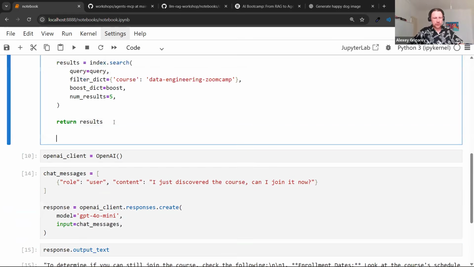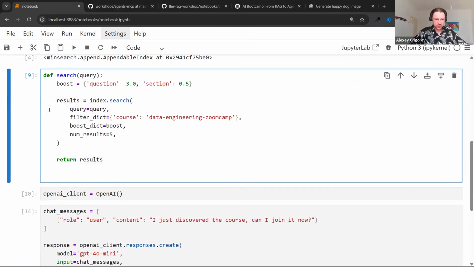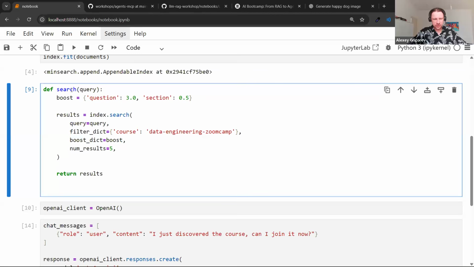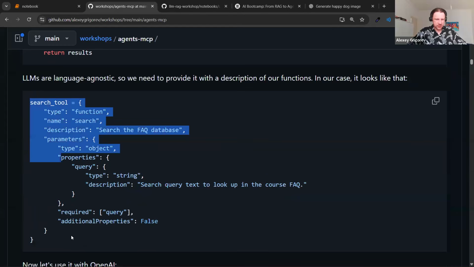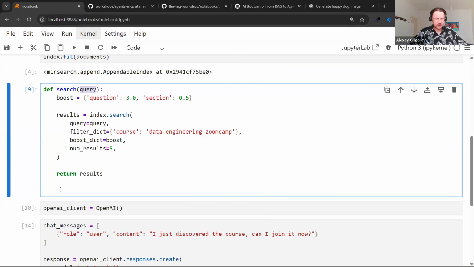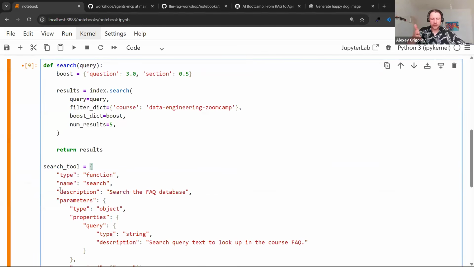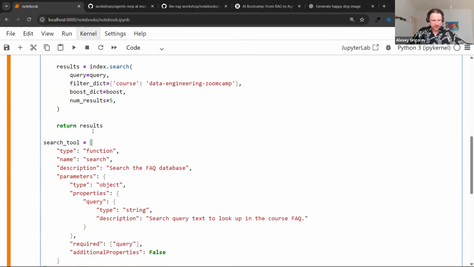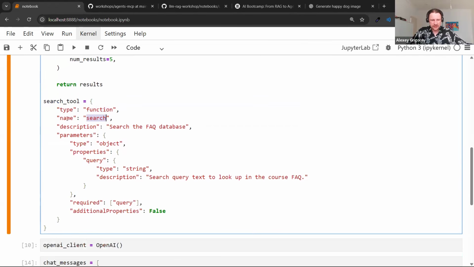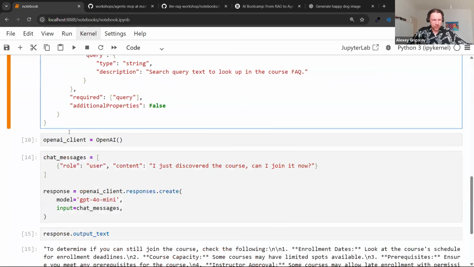For that, we need to describe this search function. We need to say that the name of this function is search, it has this query parameter, and things like that. This is a language agnostic description because we can communicate with OpenAI using different languages, be it JavaScript or Python or Go or whatever. So we say the name of our function is search. Then we give the description of this function, and then we describe the parameters. Right. So this is the description, and now we can pass it